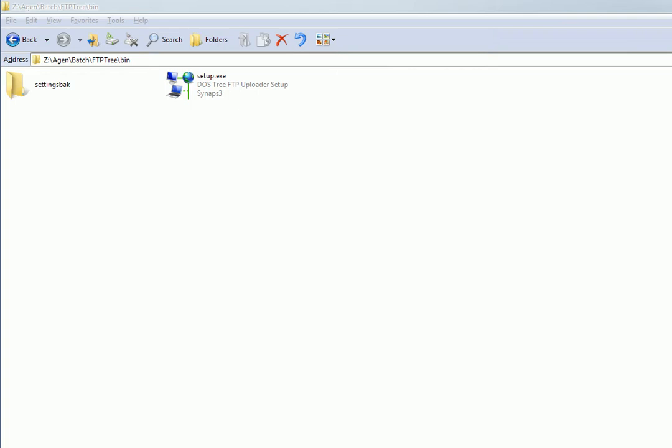Hello. This is another video about one of my applications that I've designed. This one is called DOS FTP tree. The idea behind this one is to be able to monitor certain files on a remote system without